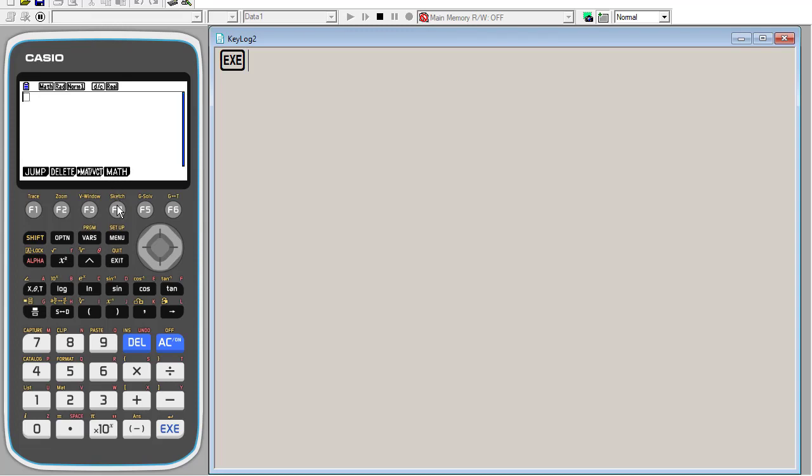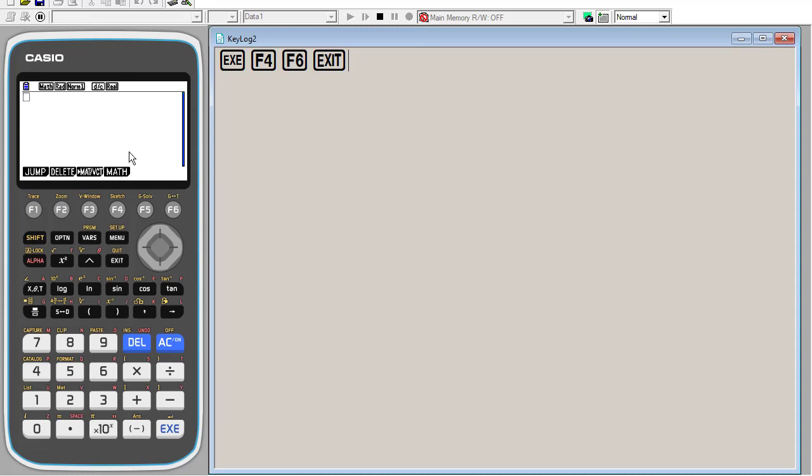And math gets me into, if we just click it, all these different templates. So I could set up my logs if I was going to calculate a logarithm or an absolute value. So each icon here, or each function, is under a function key. The function key under it will get you into it, and it might be a template. If you want to get back to where you were, the exit key helps. And so I'm going to get back to that main screen right here. So if you notice, math did not seem to have any random numbers.